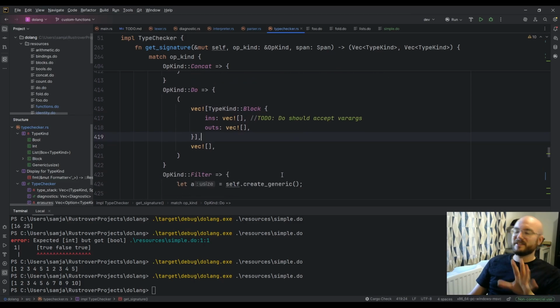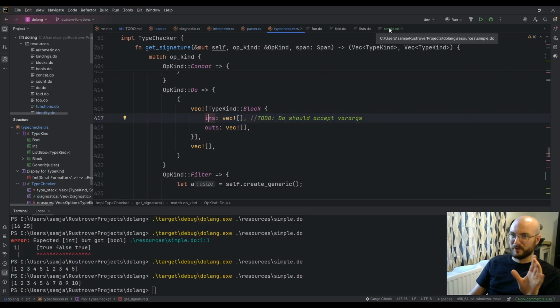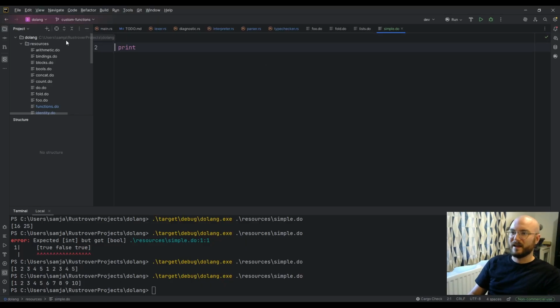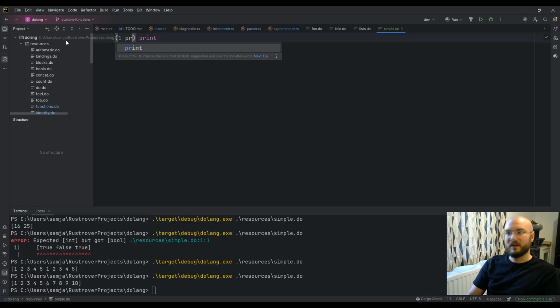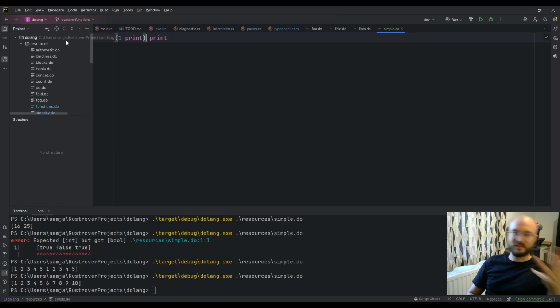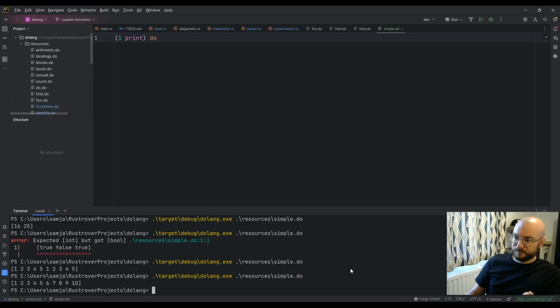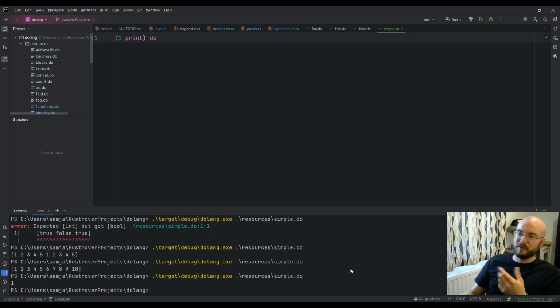which basically just invokes a function. And currently, because of the limitations of the type checker, it can only invoke void functions. So like functions that take nothing and return nothing. So like one print doesn't take in any arguments and it doesn't return any values. So I can just do that function and it will invoke the function. And this is useful because this might be defined somewhere else on the stack, and then eventually it gets to the top of the stack and you want to do it.